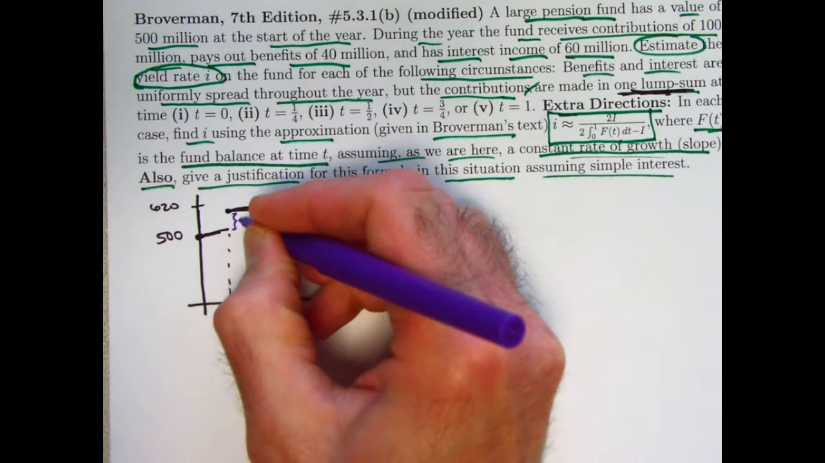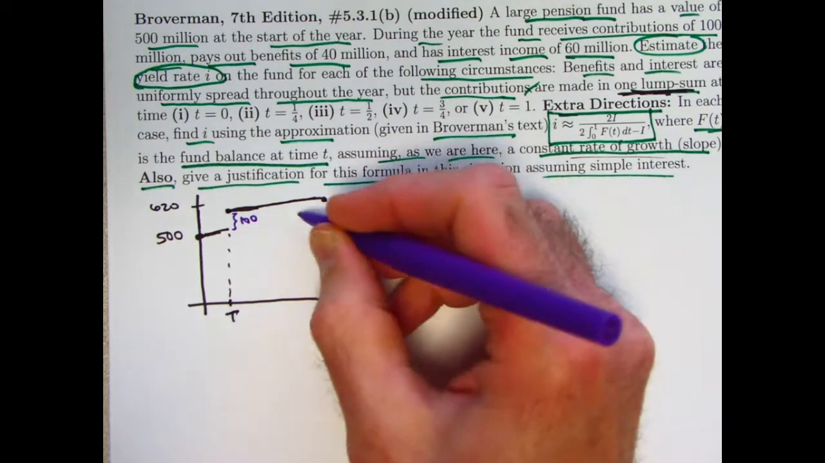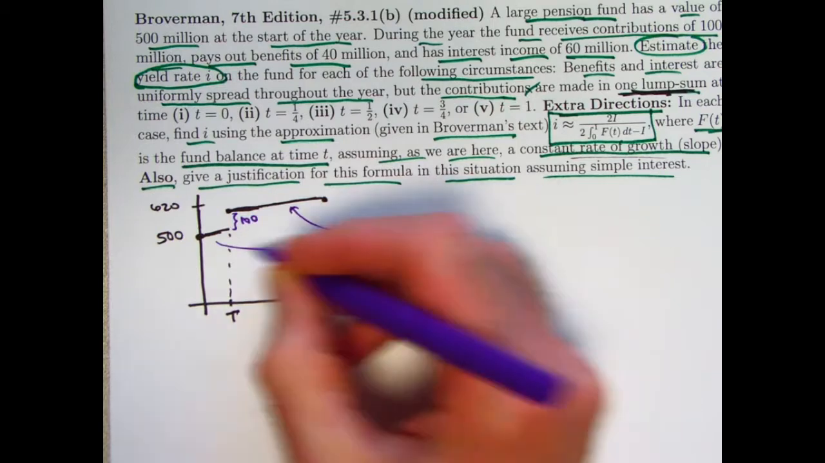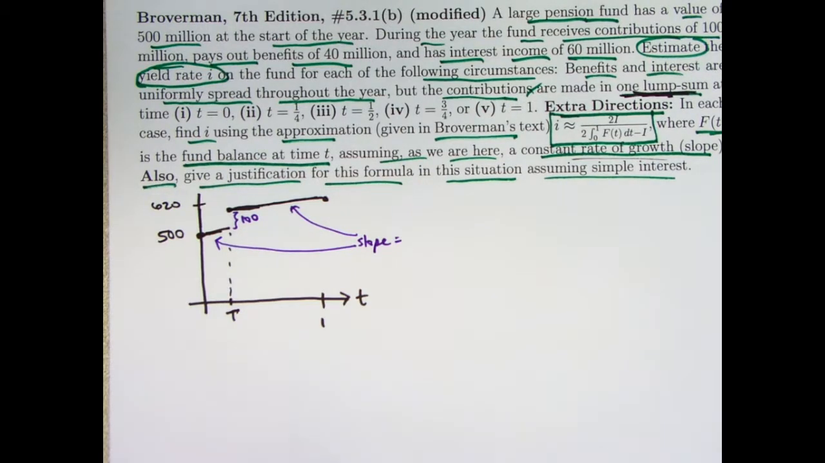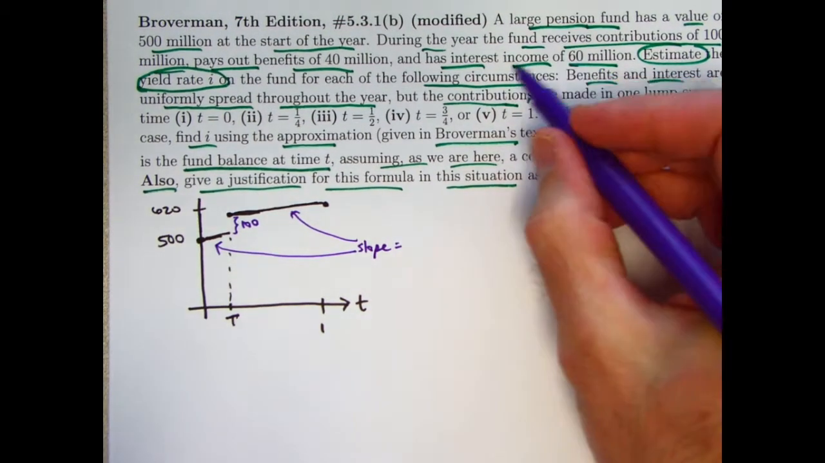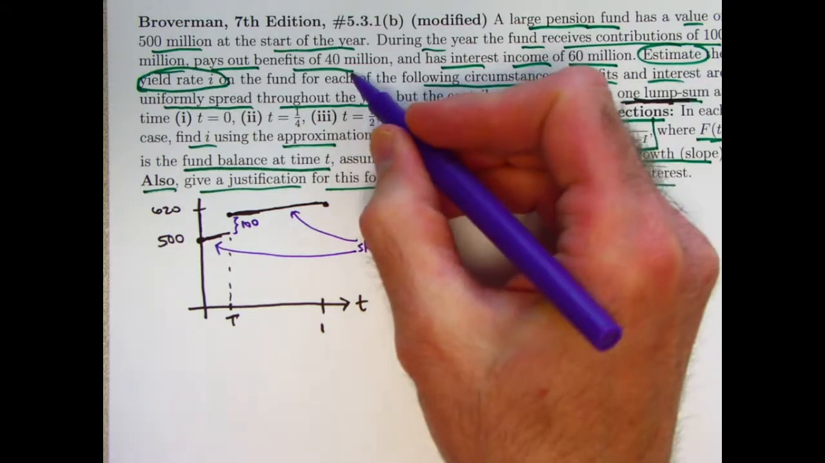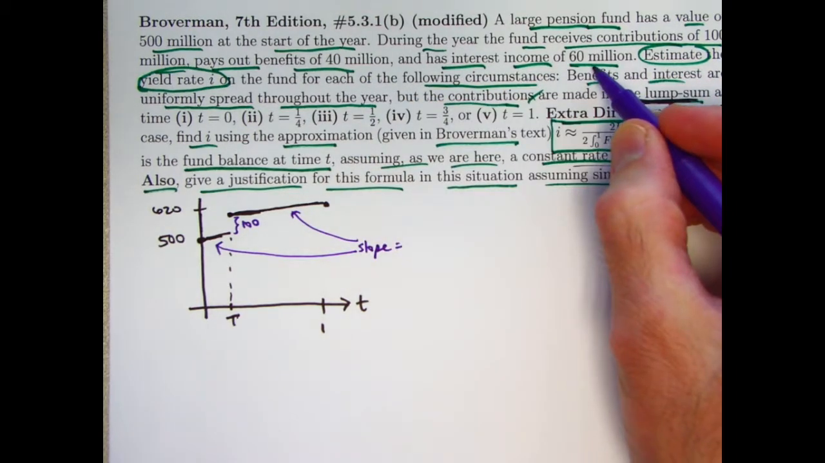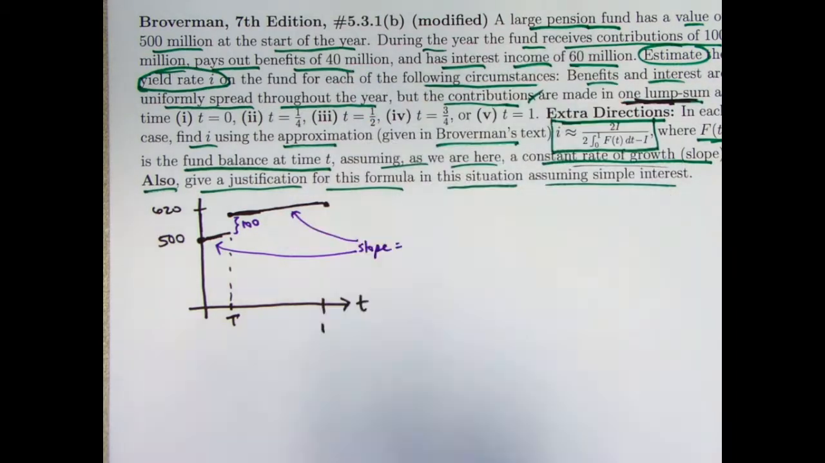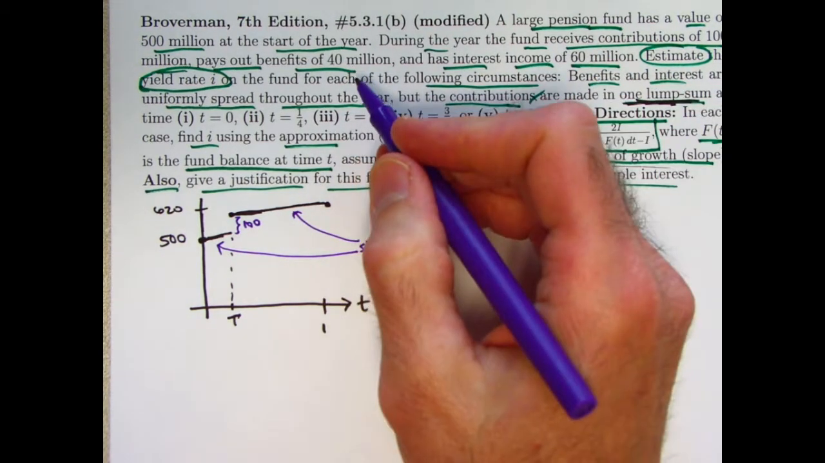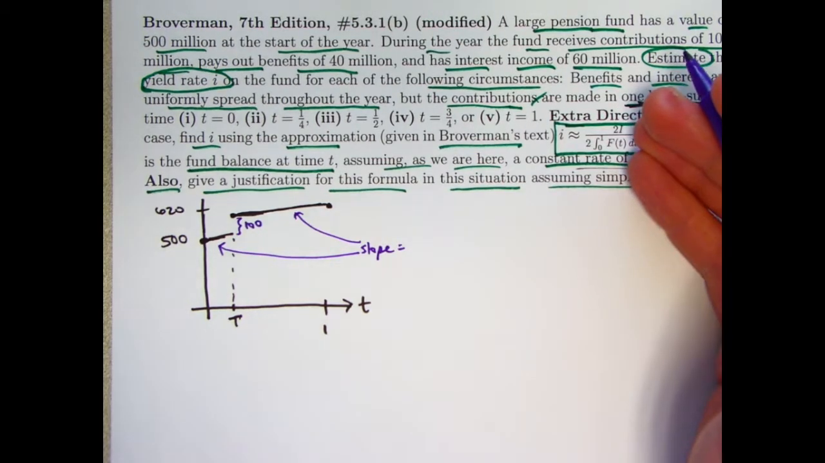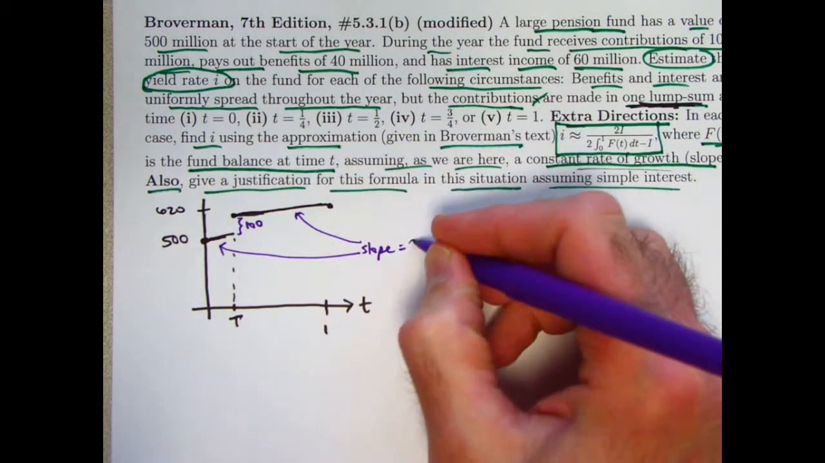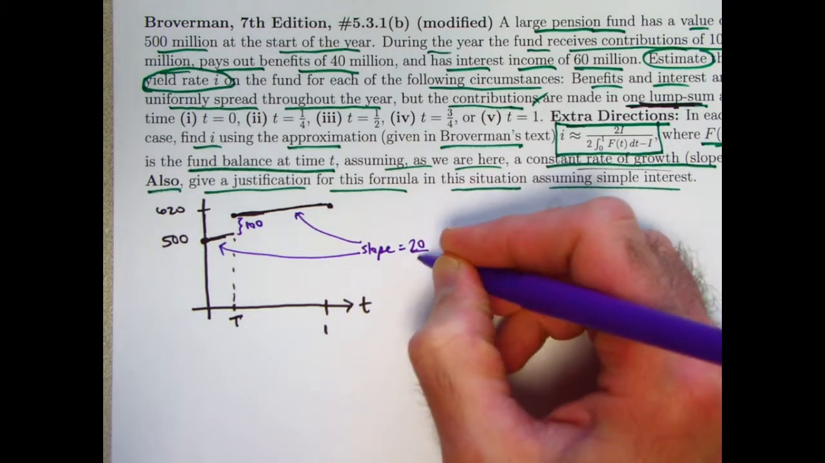This gap right here is 100 million. What is the slope of each of these pieces? These pieces are going to have the same slope, in fact. And if you think about it in terms of the interest that is coming into the account and the benefits that are paid out, 60 million total comes in from interest, 40 million in benefits coming out. That means 60 minus 40, 20 million over the year is the net increase from interest minus benefits paid out. This slope in both of these pieces should be 20 million over 1 year,